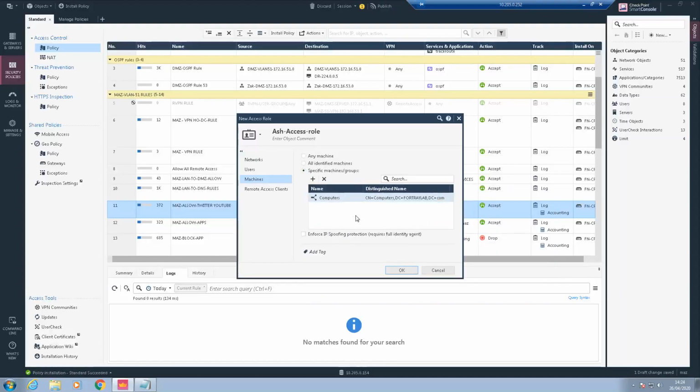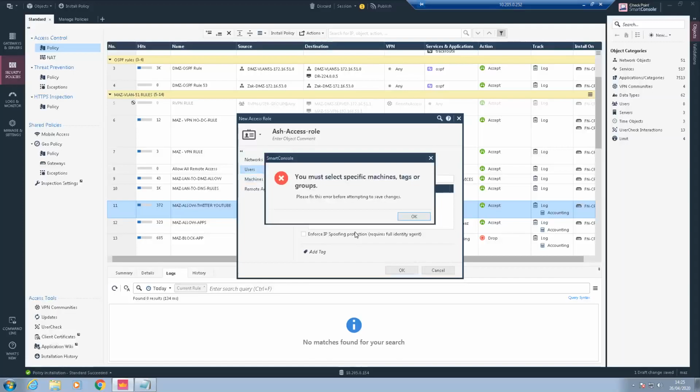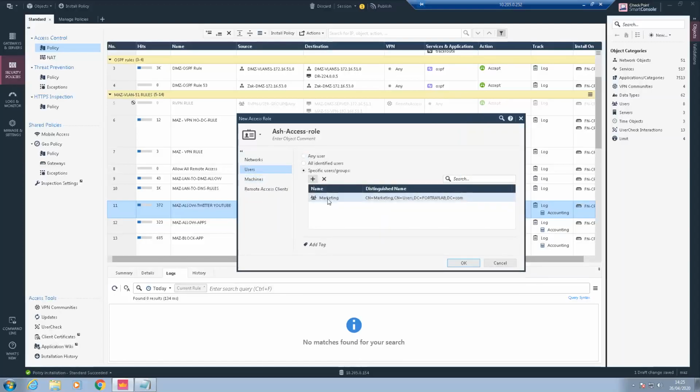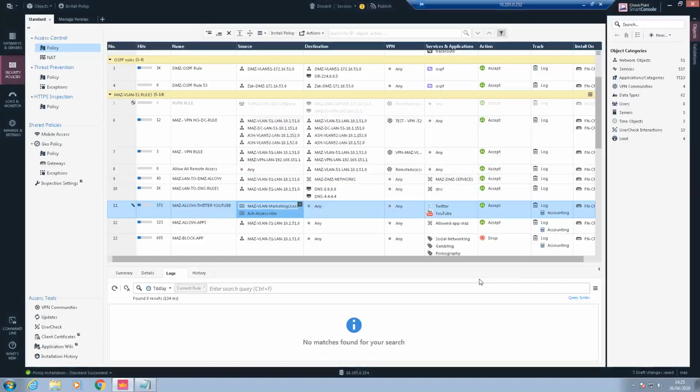Let's say all the computers or anything, it can also query those computers, making sure only those computers are connected. But we are doing this on a user basis. I have added the Ash one, any destination, any VPN, and these applications, if they go, they can.